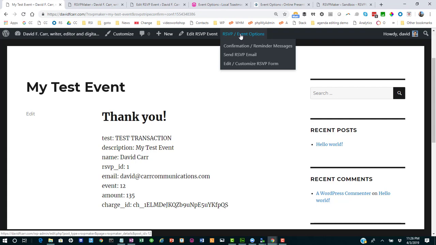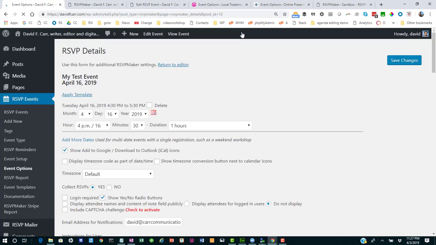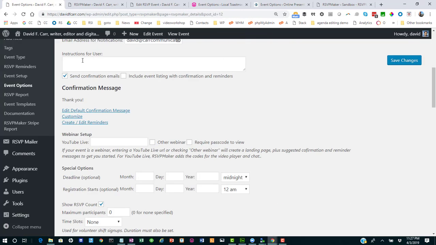We can change a number of things away from the defaults in terms of maybe instructions that appear on the form. There are lots of different options there. So this is instructions for user would be some kind of prompt like we're signing you up for a potluck dinner. So make sure you put in the notes field what you're going to be bringing for dinner. We have that, and then we can navigate from the options screen back to the event,